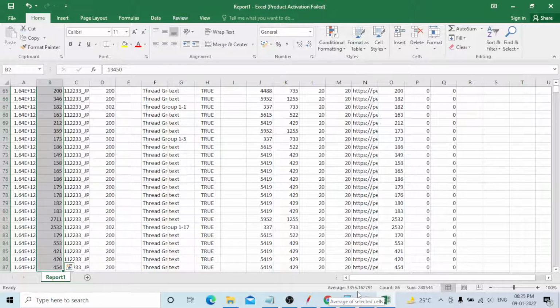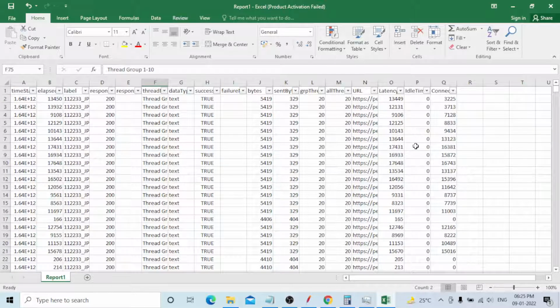Okay, if any errors come, all those errors you need to copy and paste into your mail. You are sending the final report mail, right? You need to mention it clearly, and I will show you in my next videos how we need to prepare the proper mail and reports, and how we need to send them to the client.